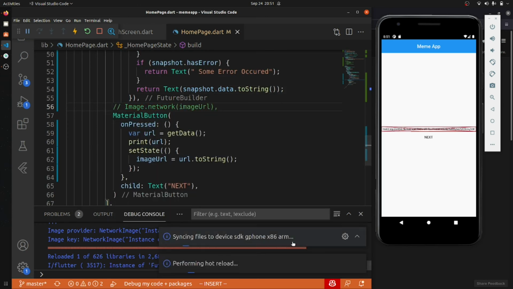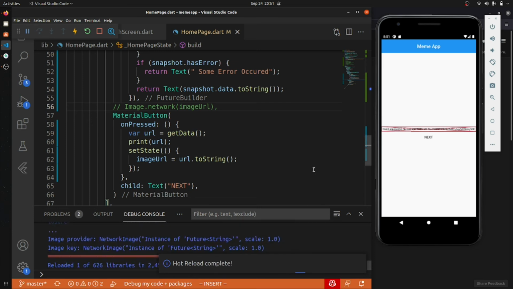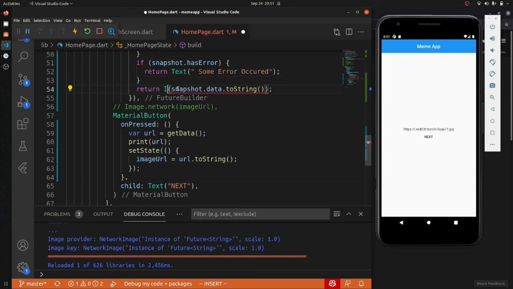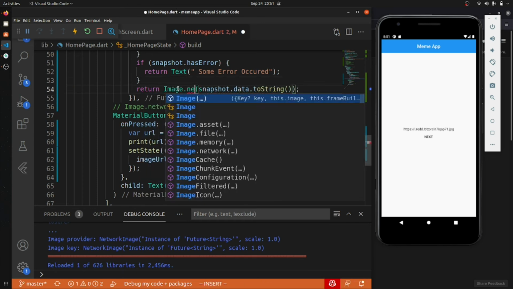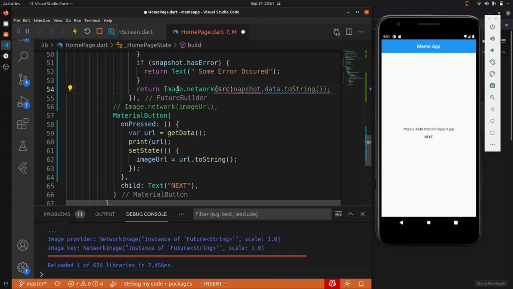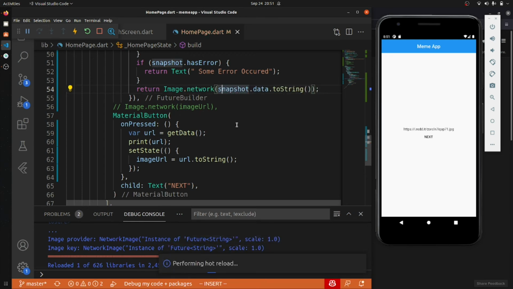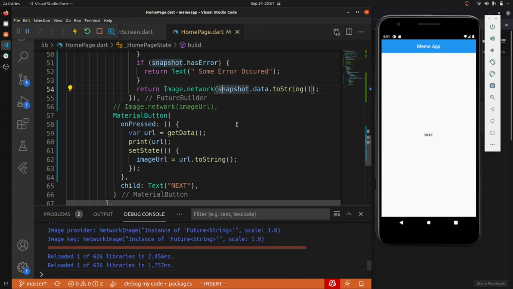If I save, you can see that we are now getting our data. So we just have to return this thing and call image dot network.